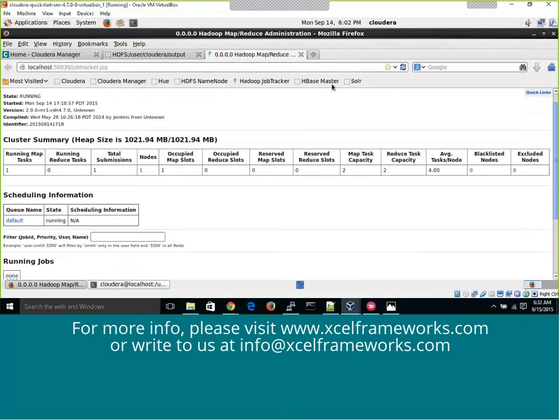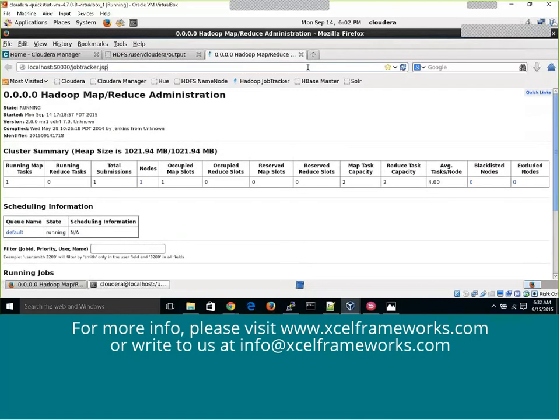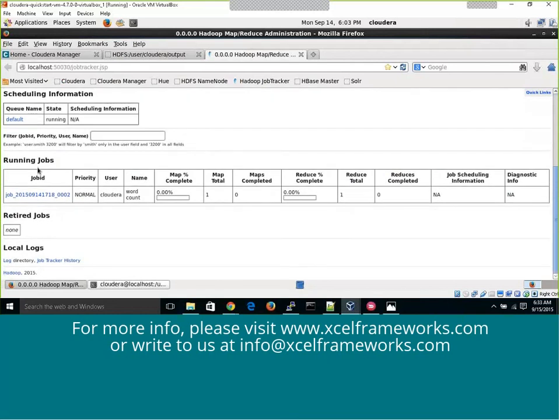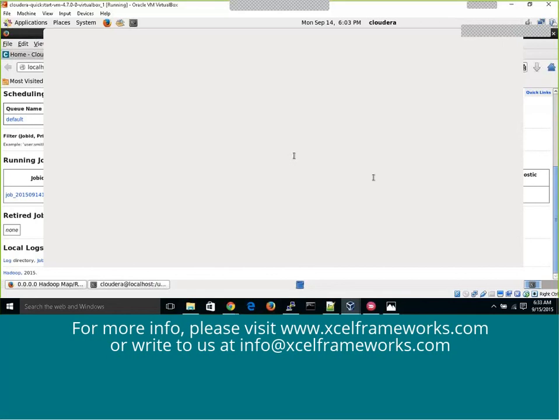Oh, what's happening? Why is this not executing? There you go. Now it is under running jobs. Earlier it was blank here. Now it is under running jobs, and then